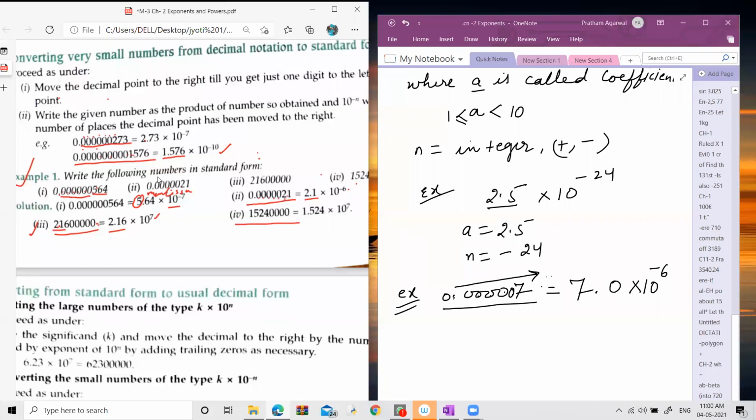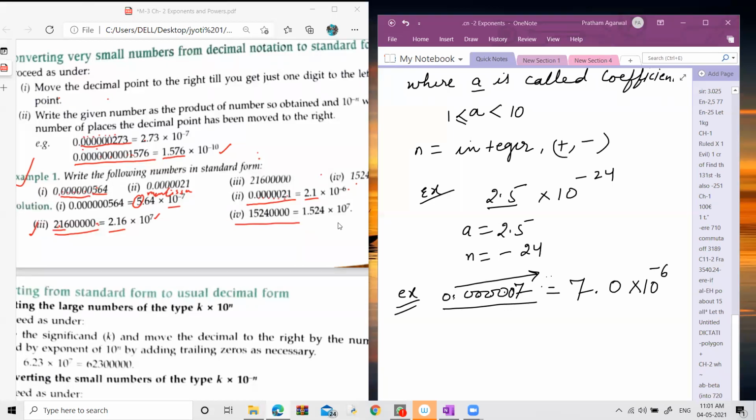Am I audible? Am I audible, children? Yes, ma'am. Okay. Aditya, kindly unmute yourself, beta. Aditya Sharma. Ma'am, you are audible. Now, Aditya, let's come to the fourth part. Is it a larger number or a smaller number? Ma'am, I cannot understand. Can you please repeat? Ma'am, when I understand, your voice starts breaking.